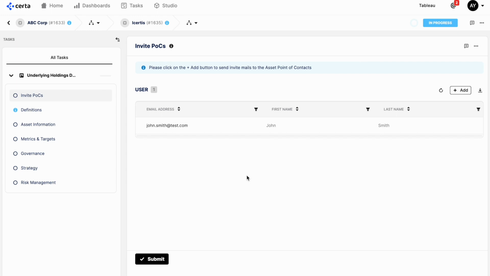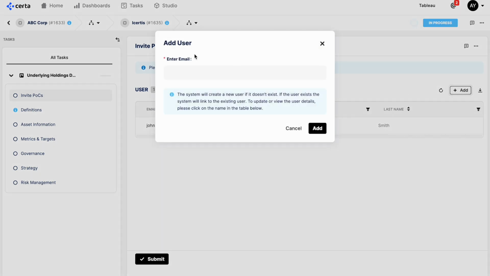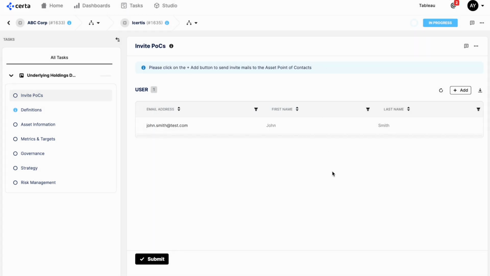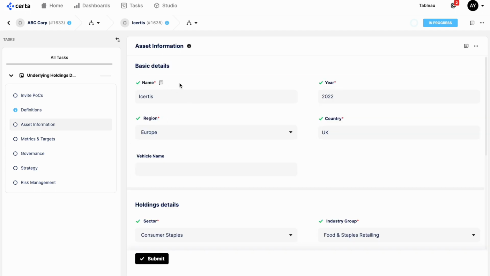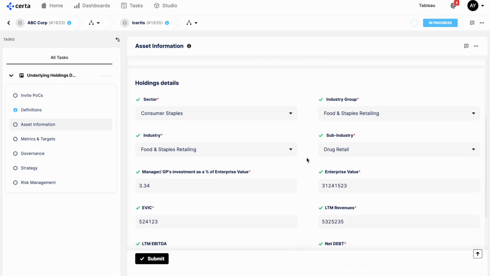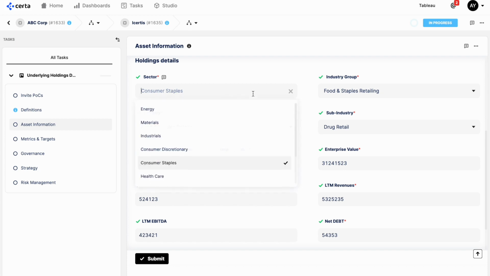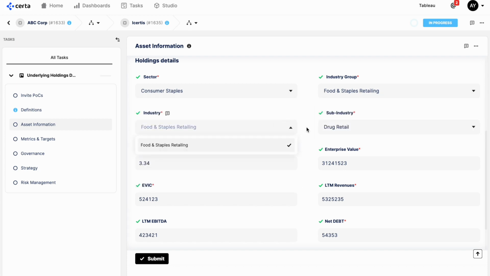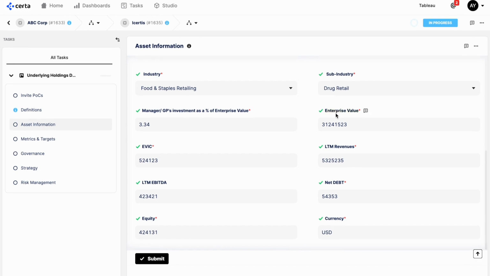The GP, if he or she has the relevant data, can fill out the asset details himself or herself, or they can again invite a point of contact from the underlying assets side who would receive a mail invite and can log in and complete their own TCFD self-disclosure. And then moving on, the asset details have to be filled out like the name, the year, the region, the country, and then there are more granular fields like what's the sector, what's the industry group, industry and all, and